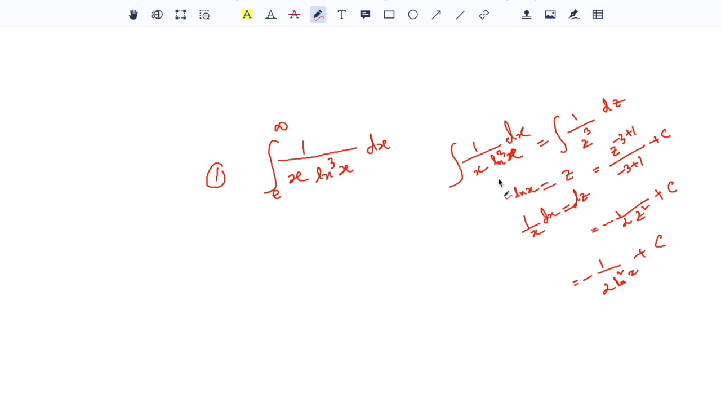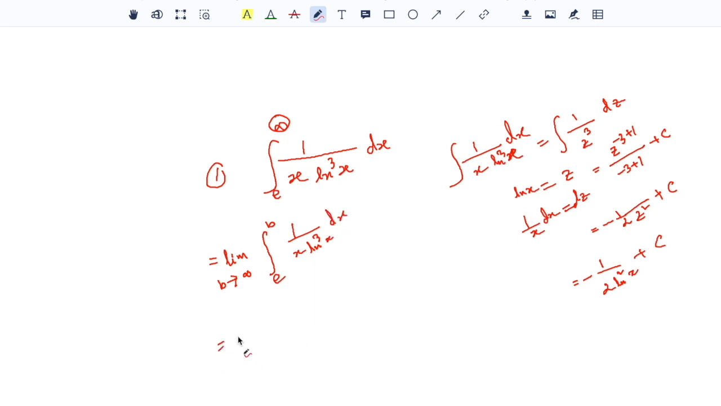Now, this integral is improper because of this infinity. So by definition I can write limit b tends to infinity. If I replace infinity by b to make the integral proper, then I need to put b tends to infinity, the integral of 1 by x ln cube x dx,